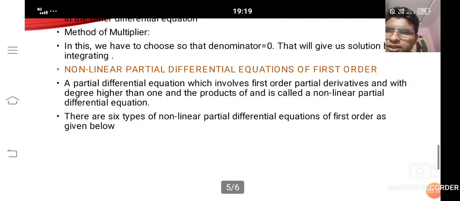Non-linear differential equation. A partial differential equation which involves first order partial derivatives with a degree higher than one, or a product of them, is called a non-linear partial differential equation. There are 6 types of